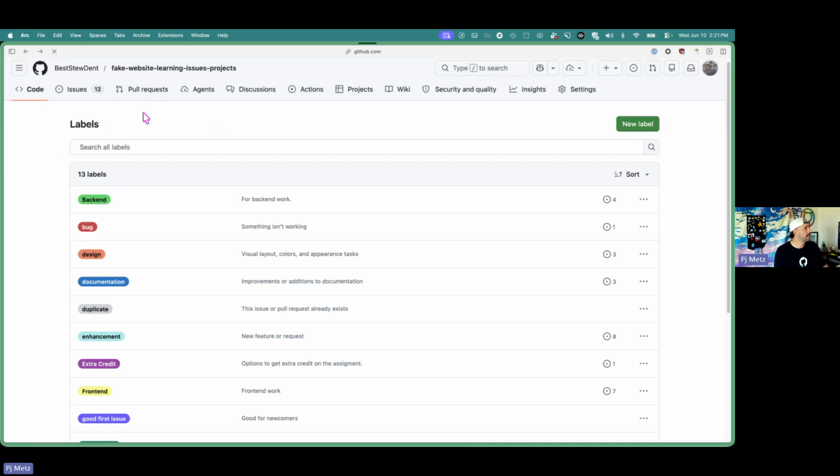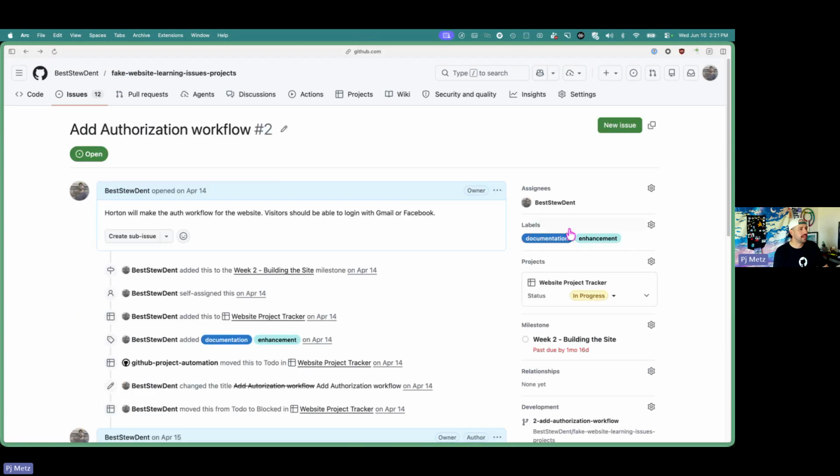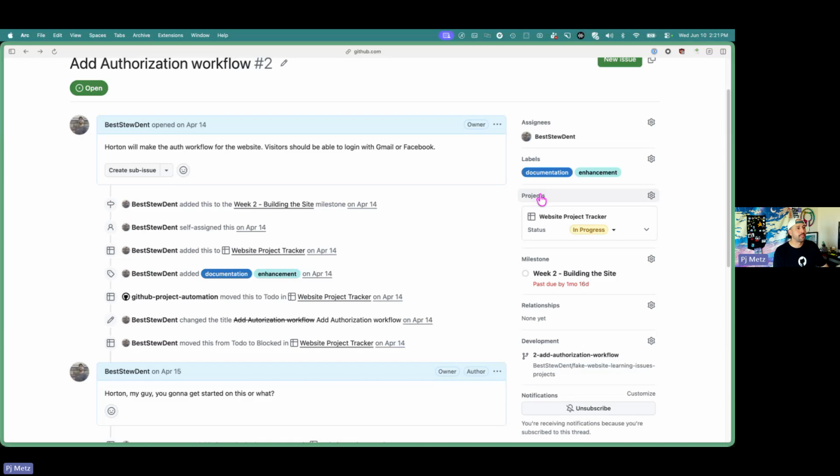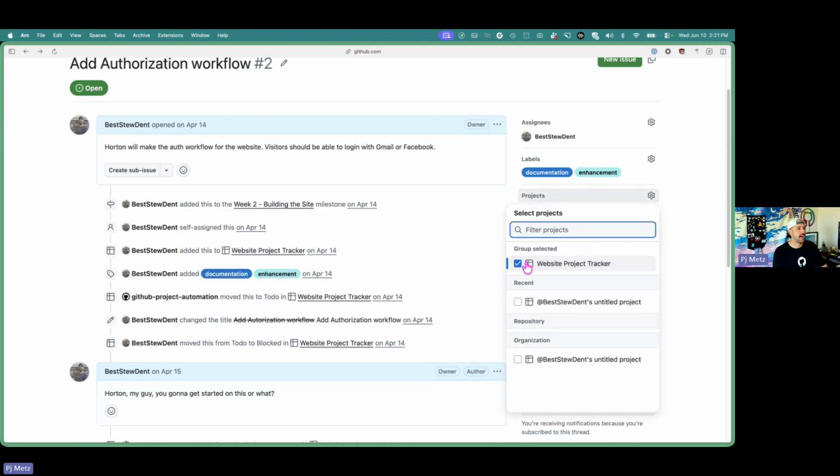So let's go back out of labels. I'm backing up to here. Here you can see what projects the issue is assigned to, and you can even hit a drop-down menu if you've got multiple fields to show. And here you can actually unselect it as well from any projects if you want.